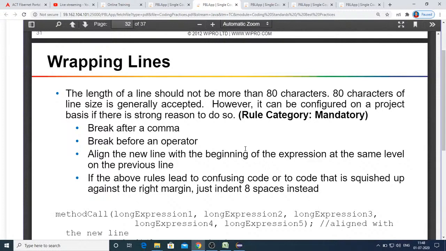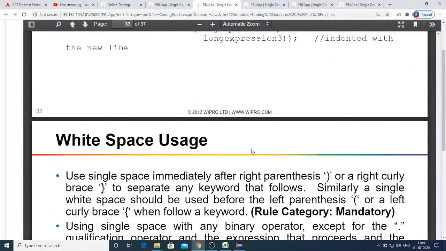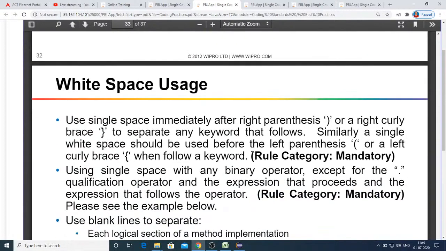And by default, if a particular line exceeds 80 characters, the cursor automatically falls to the next line. If 80 characters, including spaces, are over in a line, even though you are not pressing enter, the cursor falls to the next line. So anyway, that's the best use of these IDEs.